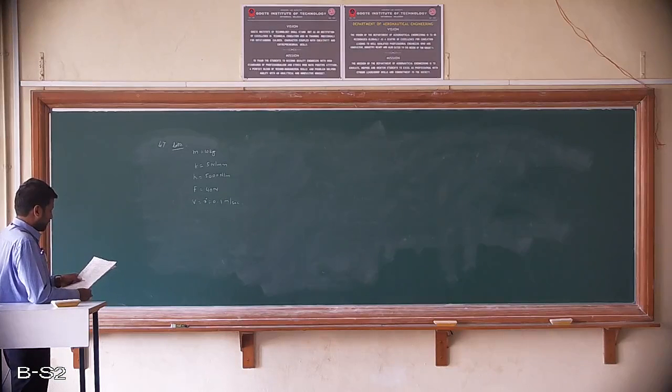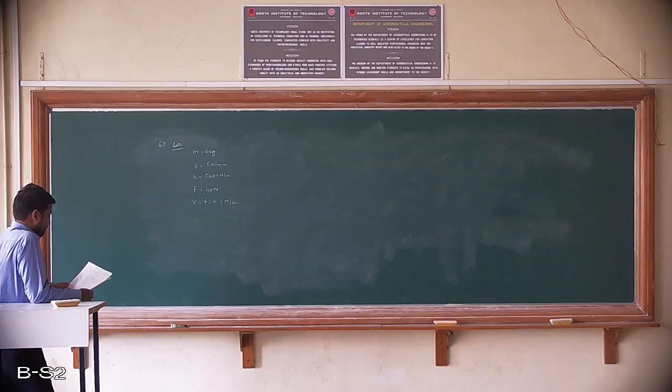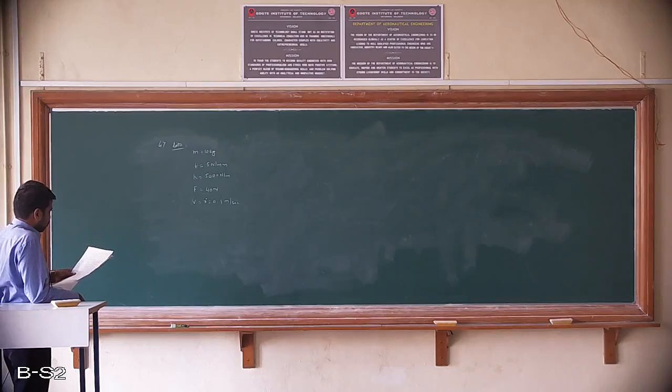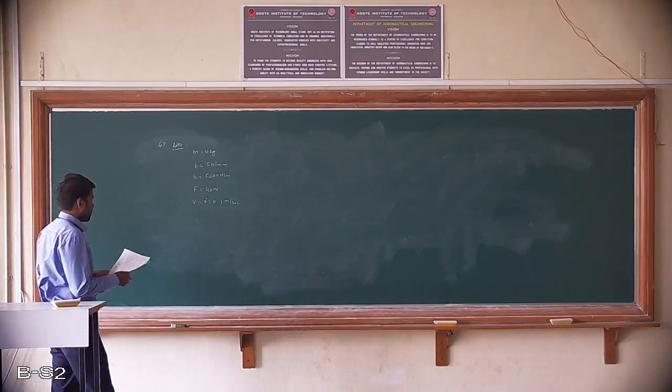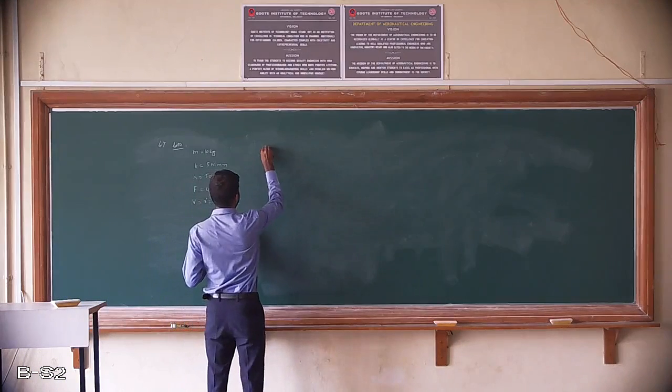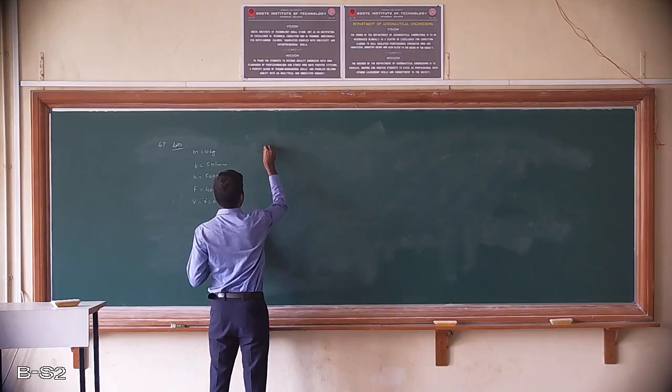Determine critical damping coefficient. Second one, damping factor. Third one, logarithmic decrement. And fourth one, ratio of two consecutive amplitudes. So first one asked is critical damping coefficient. They have asked us to